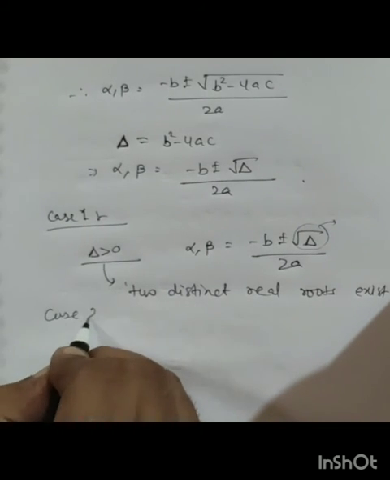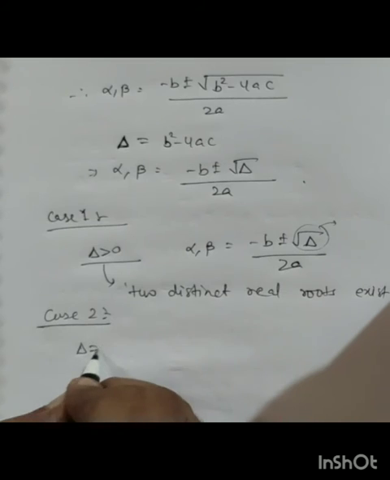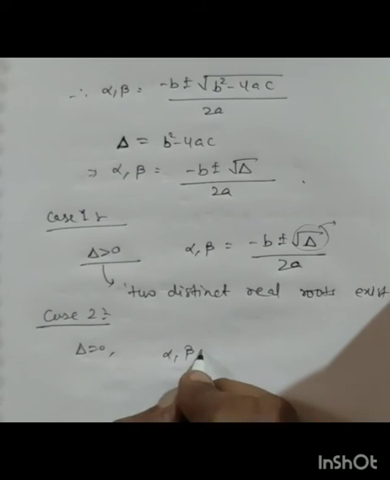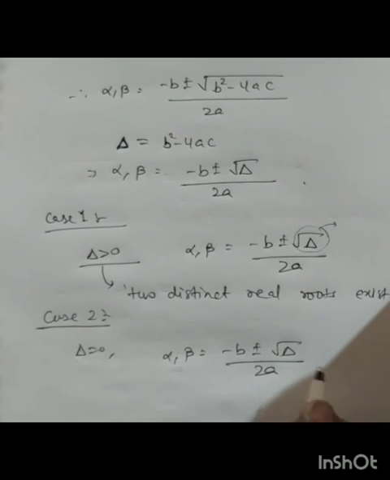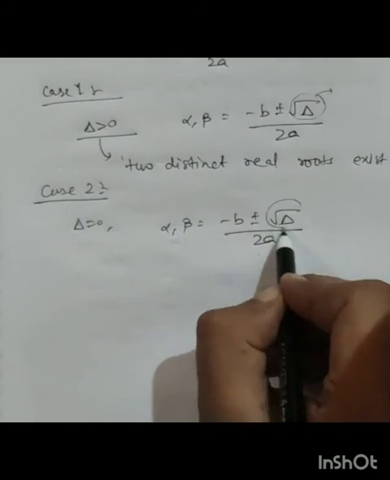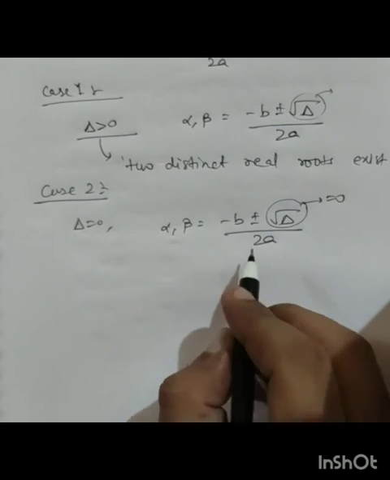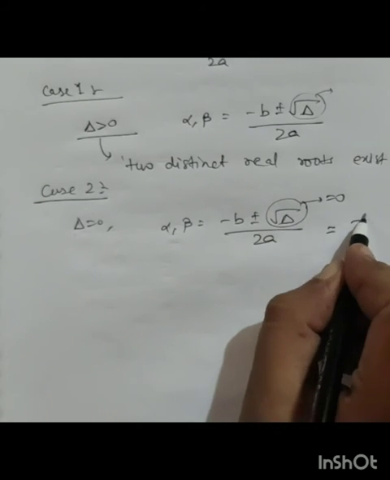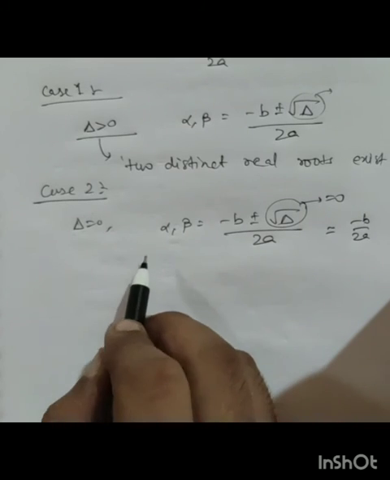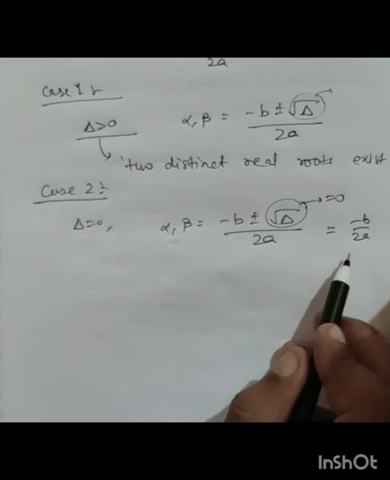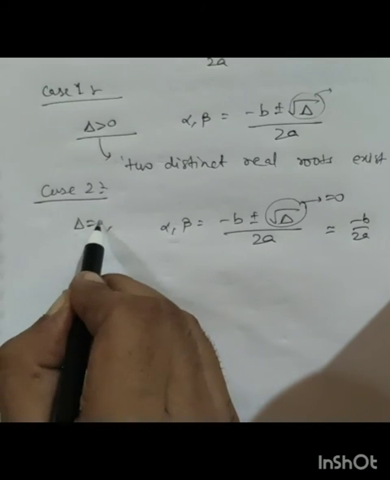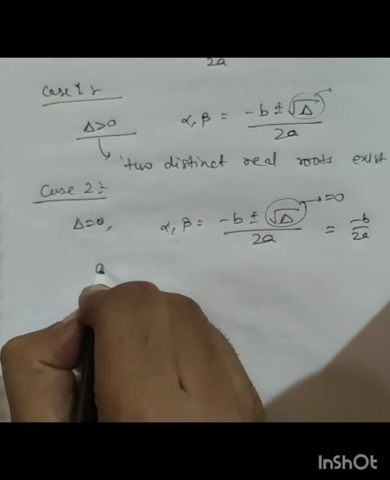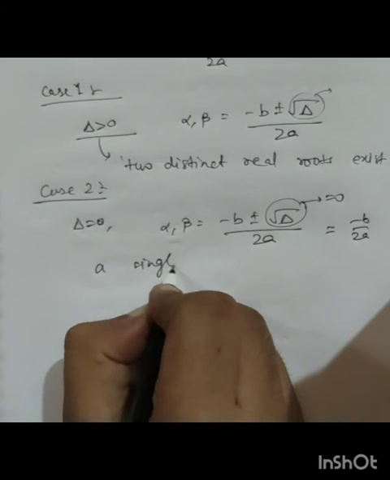Let's assume case 2, delta is equal to 0. So alpha, beta is equal to minus b plus minus root delta by 2a. Now as delta is equal to 0, this term will go to 0. Then this will be equal to minus b by 2a. In this case alpha and beta both are equal to minus b by 2a. This means that if delta is equal to 0,